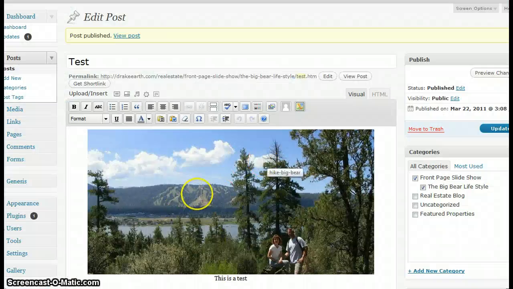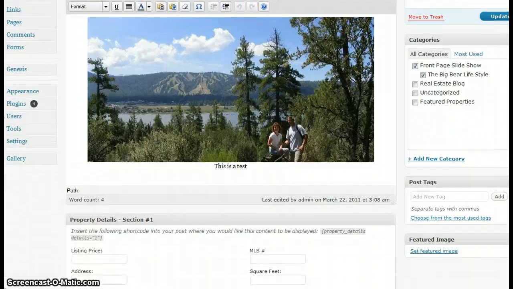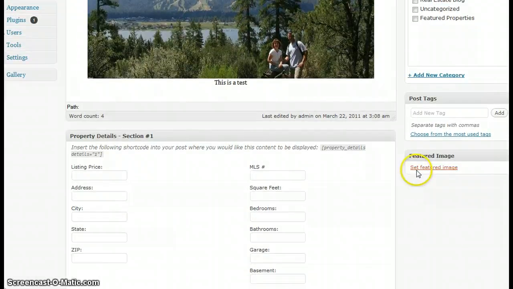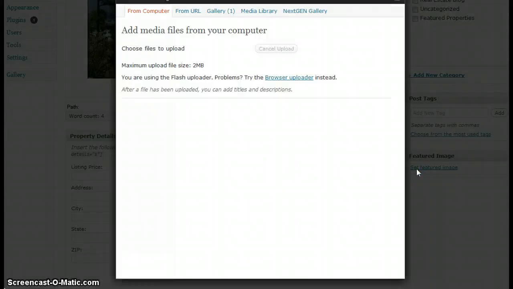So let's go back and let's say you have this picture up top, but you don't want that picture to be the one that's in the little banner rotation. You can come down here and click select featured image, and this will change the little square thumbnail, and then also change the one rotating in the banner. So I'm just going to pick one from the media library real quick so you can kind of see what I mean. If we click on media library,